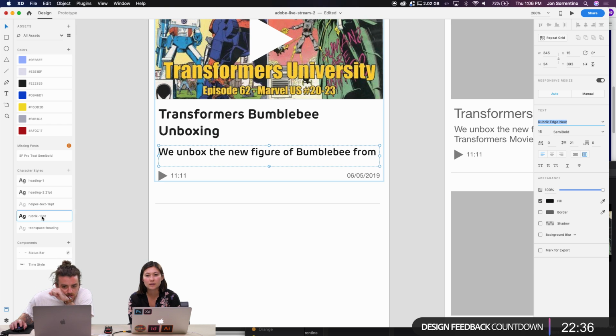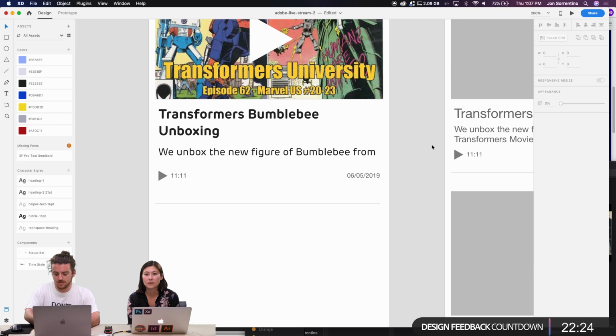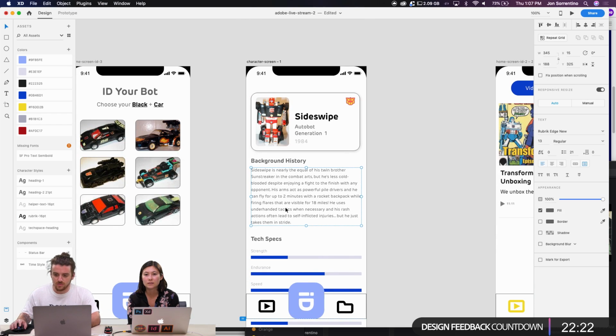Make this rubric as well. Do we have one? No, that's way too big. So let's go ahead and make another regular. This is going to be like our body copy. Let's do 14. Actually, did we make one over here? Yeah, we did. Where did we do this? No. Nope.